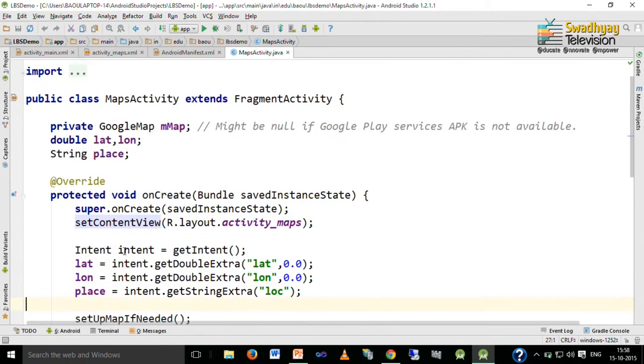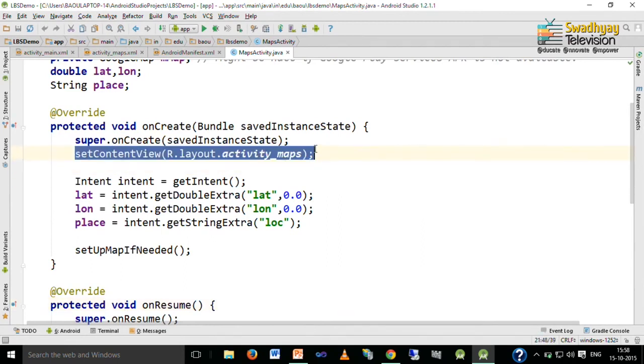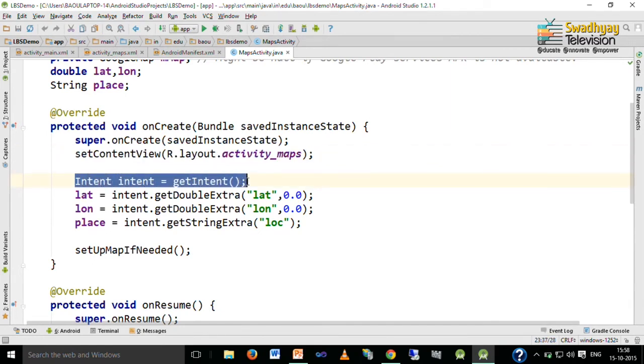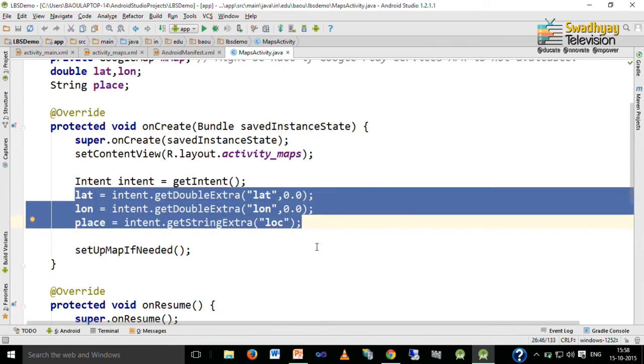Now, here we set the content view using the set content view method, and its name is the activity underscore maps.xml file. So, we write down its ID, then we create one intent to get the data which is latitude, longitude and place.